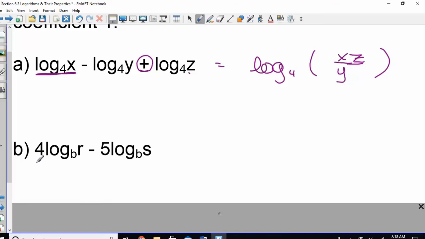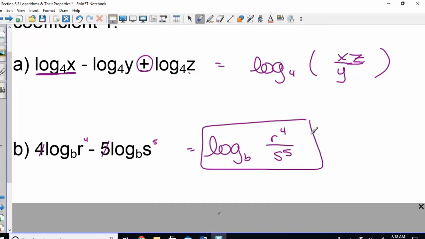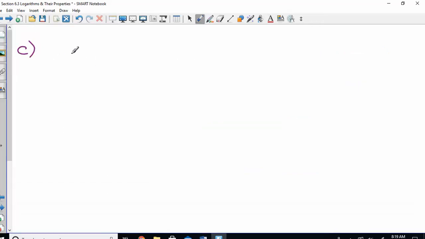Where is the 4 going to go? Yeah, should make it an r to the 4th. This 5 means it's s to the 5th. So we have log base b of what? Maybe 2 more. Let's say I gave you